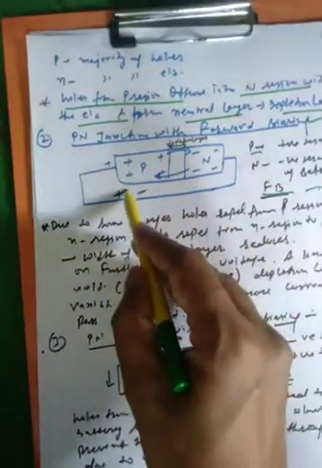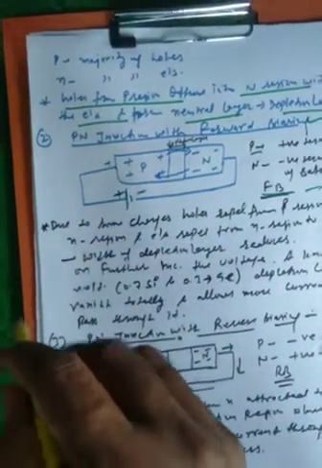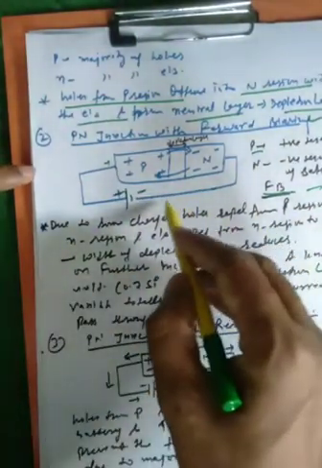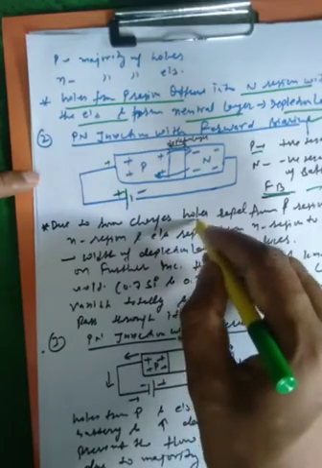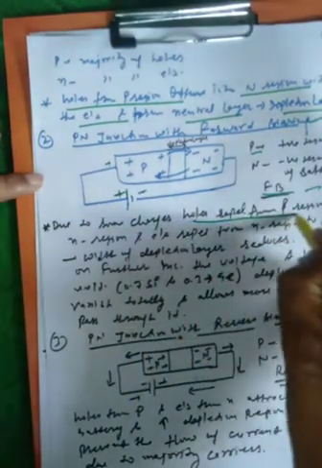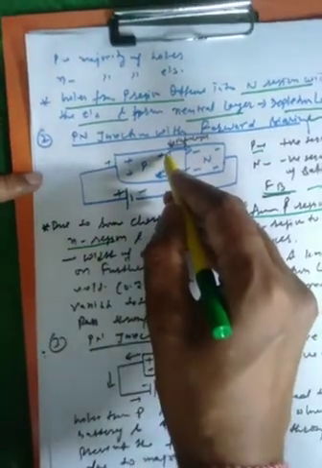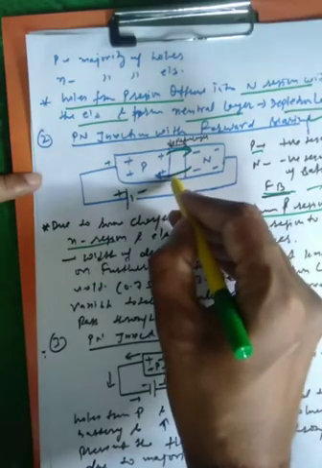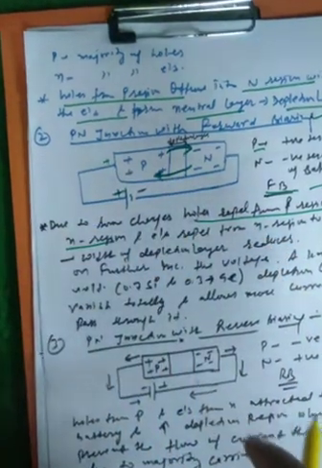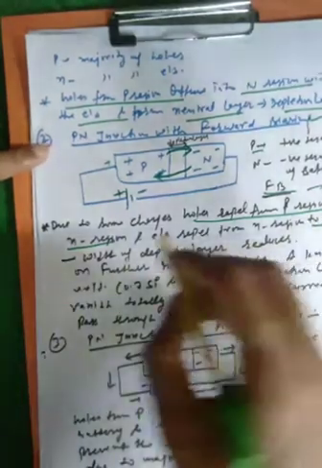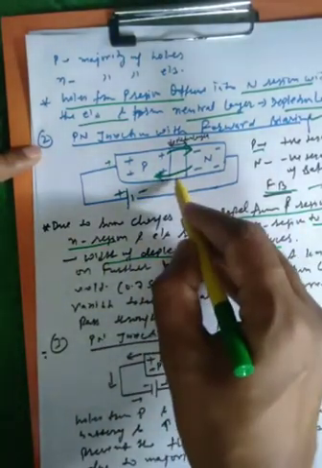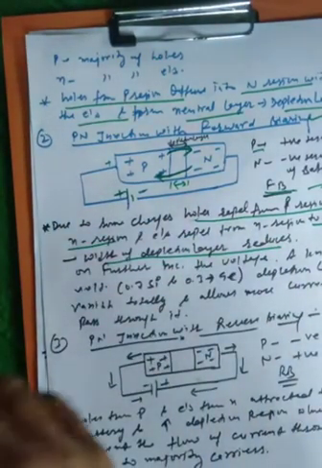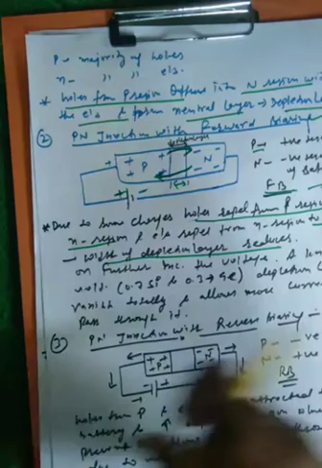When we apply the voltage across this PN junction in forward bias, there will be some charges present, and due to this charge, holes are repelled from the P region to the N region. Holes from the P region start moving towards the N region, and electrons from the N region start moving toward the P region, and due to this there will be a decrease in the depletion layer. This depletion layer starts decreasing due to this movement of the holes and electrons from P to N and N to P regions.